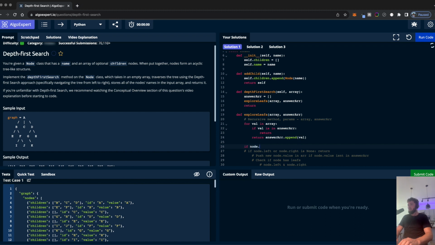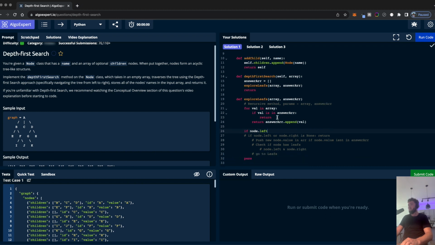And maybe we want to say if node.left. Guys, I'm really trying to think. If node.left is none, check if there's node.array maybe. So will this keep appending potentially if node.left is none?